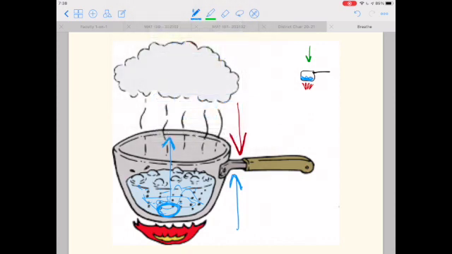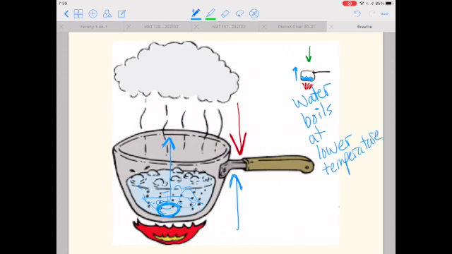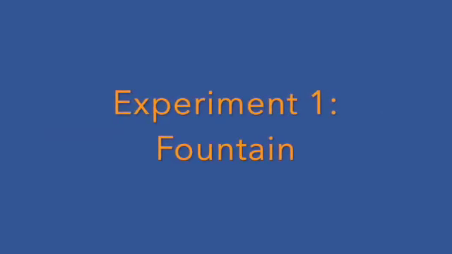But now if we draw our attention up to the upper right corner, there's another little pot boiling. This is the camper that's up high on the mountain. Notice the green pressure pushing down is a lot less than the red pressure for the camper that's down on ground level. So the water will not need as much pressure in its water vapor bubble to overcome the atmospheric pressure up high on the mountain. And the water will actually boil at a lower temperature. Scientists can actually make water boil at room temperature with the right equipment. Atmospheric pressure, pretty cool. Let's get started with some experimentation so you can have some fun at home.